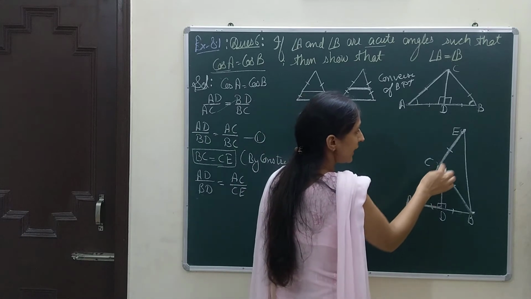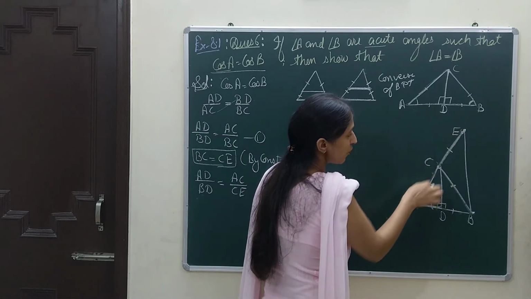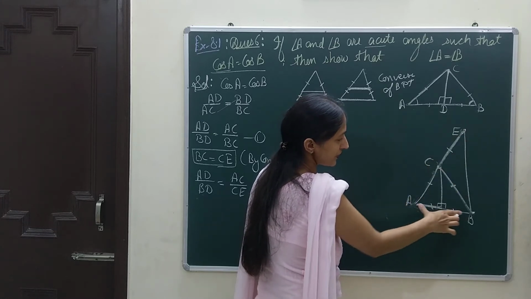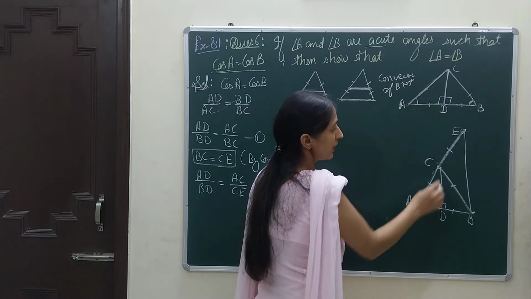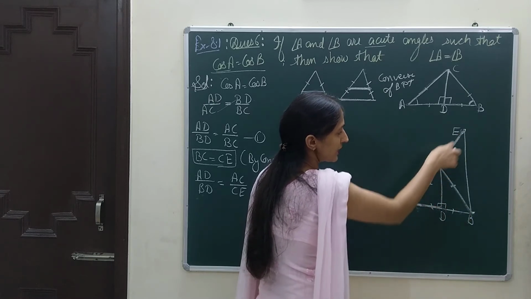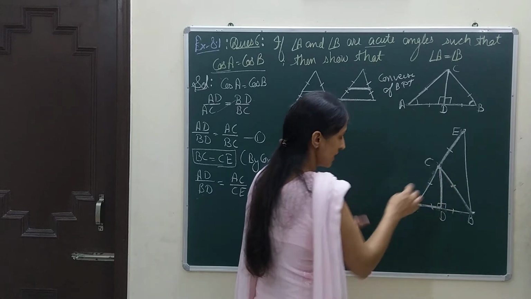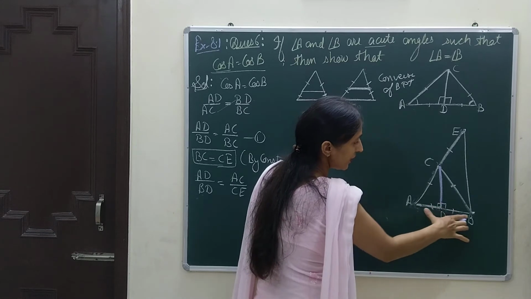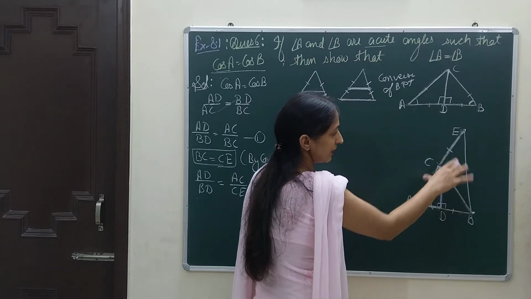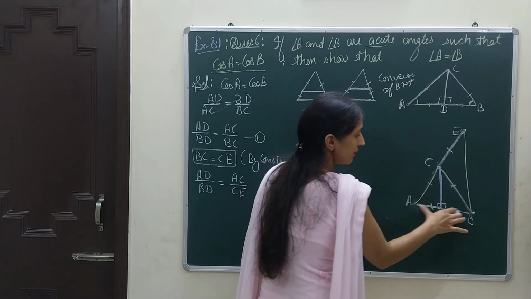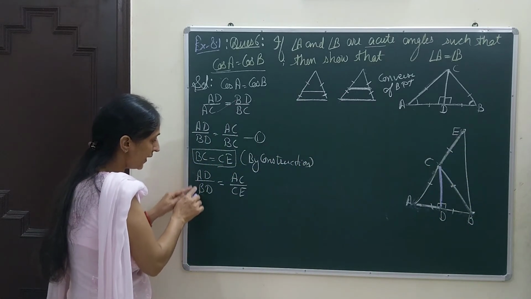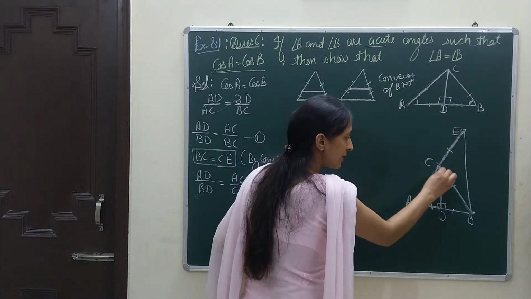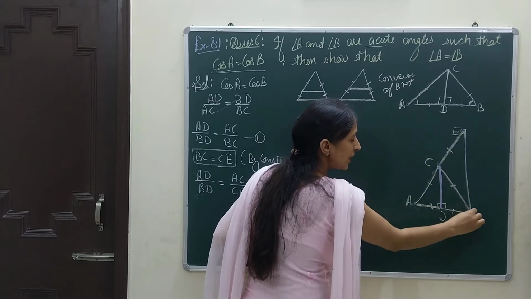And now here, which line is dividing these two sides in the same ratio? This is one side which is divided in two parts, and this is another side which is divided again in two parts. Now which line is dividing these two sides in the same ratio? Yes, that side is CD. Now here CD side is dividing this AB length and AE length in two parts which are having the same ratio. We have written here that AD by BD is having the same ratio as AC by CE. So that means this side is parallel to line BE.